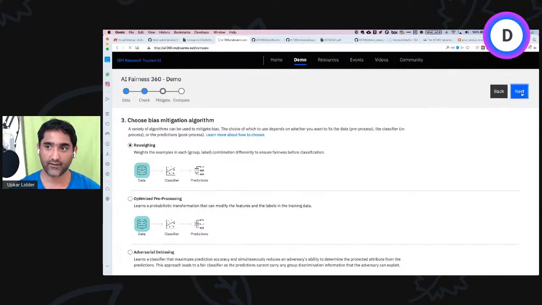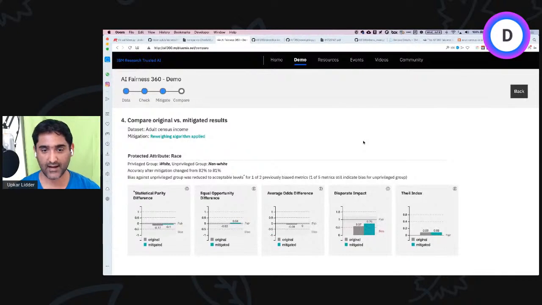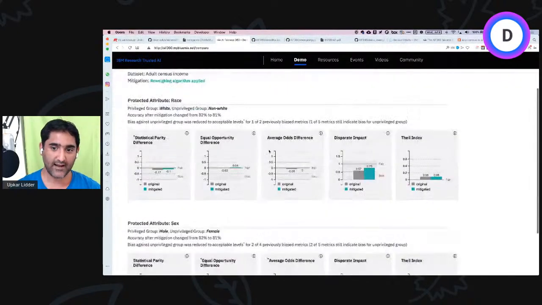So if I click on that and say next, now it's actually applying the mitigation algorithm, and then it'll do another check on accuracy to see what happened. So in this case, after the reweighing algorithm was applied, as you can see here, it's able to reduce the parity difference as well as the disparate impact. For any kind of ratio, you want it to be as close to 1 as possible, and differences as close to 0 as possible. So it's done fairly well, but my accuracy has gone from 82% to 81%